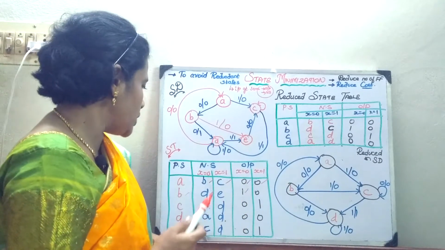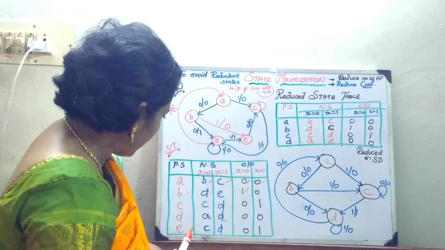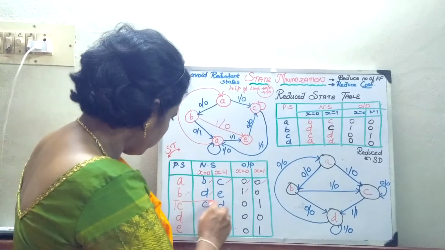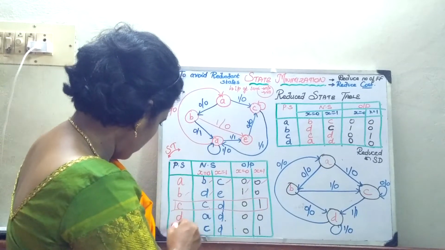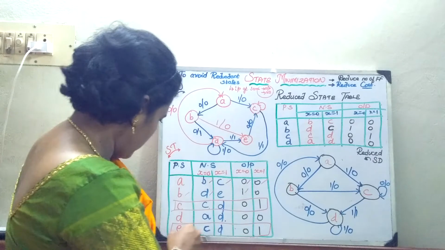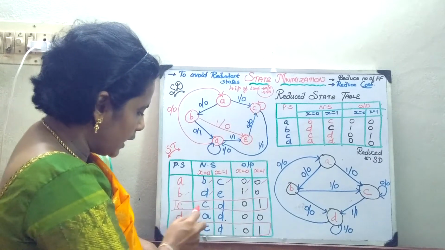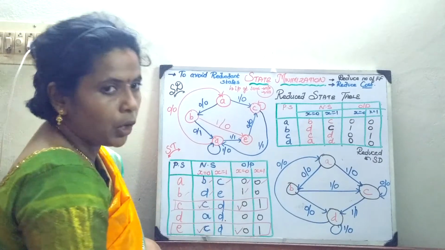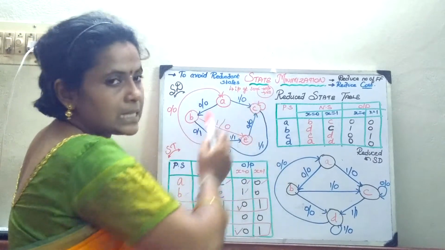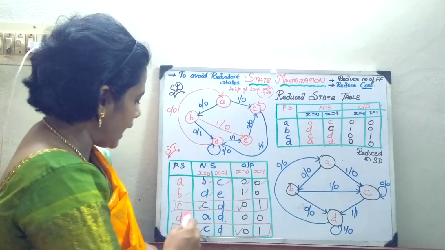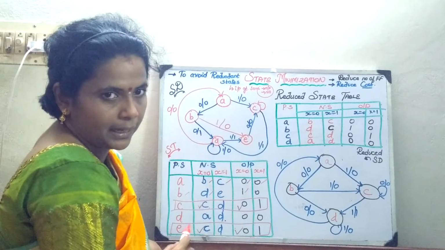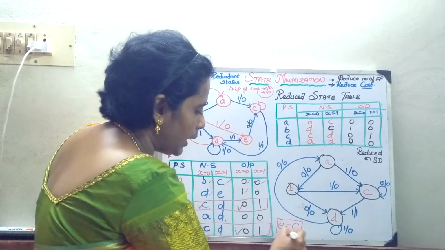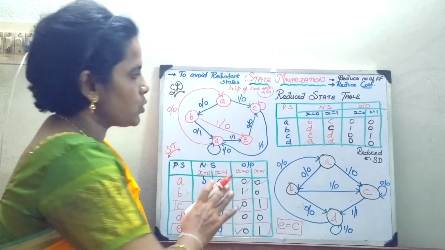Let us check. Which are the states in the same fashion? I think these two. The states C and E, if you see, have the same next state and the same output. In this case, I can discard my state E, and wherever E comes, I can replace it by C, because both are equivalent. So that's what it is written.